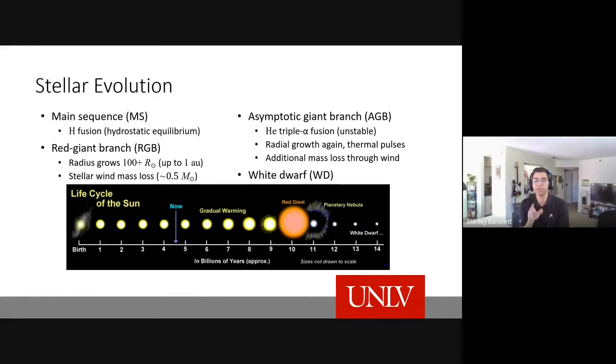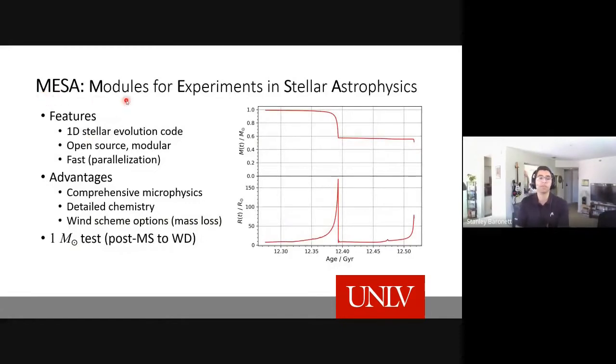Now, for the most part, stellar evolution is quite a mature discipline. And because of that, we have quite a few state-of-the-art scientific programs that can physically model these stellar life cycles. One of them being MESA, which stands for Modules for Experiments in Stellar Astrophysics. Now, this is an actively developed and strongly supported code. It's a 1D stellar evolution code. And some of its features include that it's open source, it's modular, and it's quite fast. It supports parallelization